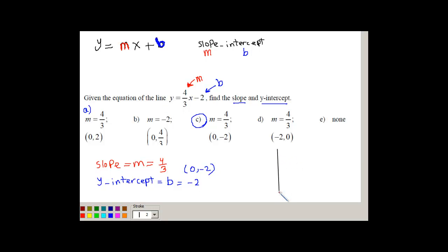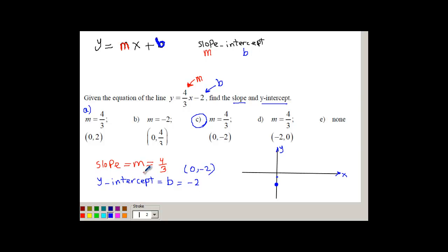So if you were going to just look at that point, you can graph this and see it too. If this is the y-axis and this is the x-axis, your graph is going to pass through point -2 on the y-axis. This is the point here. Now using this slope,